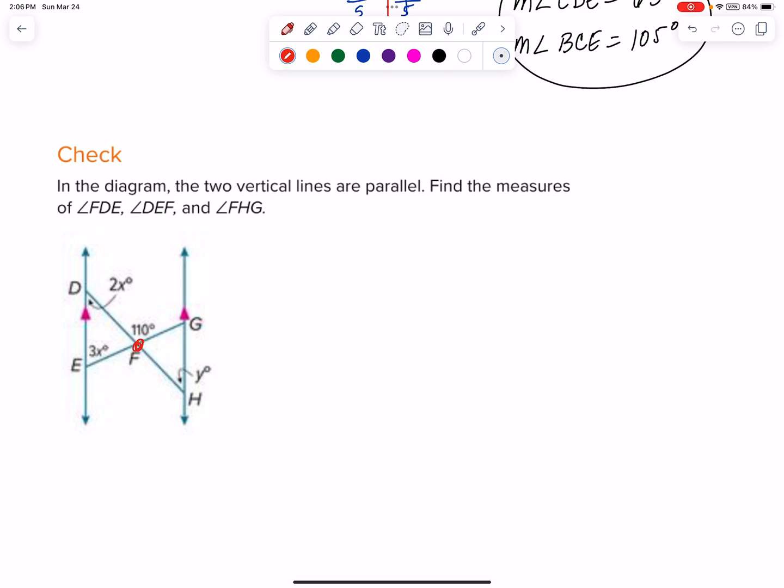FDE, starting at F, going to D, down to E. That means we want to find this 2x. We need to find DEF, which is the 3x, and FHG, which is y. So basically everything with variables we need to solve. We need to get the 2x, the 3x, and the y. So I'm going to start off